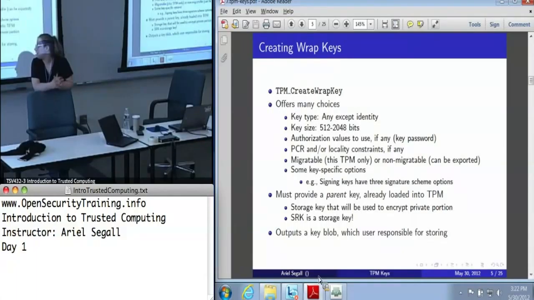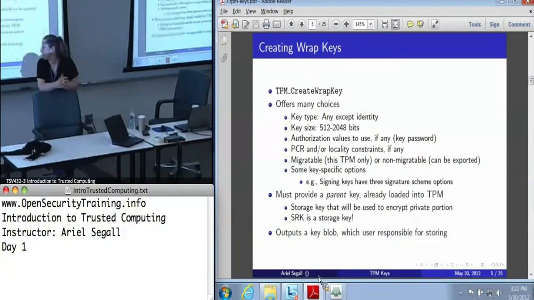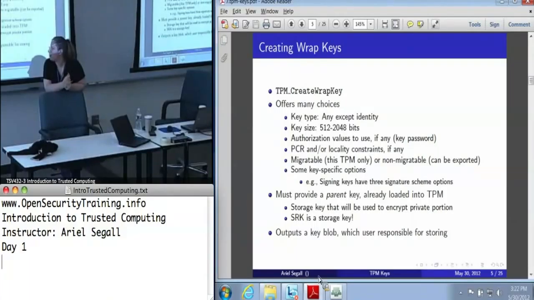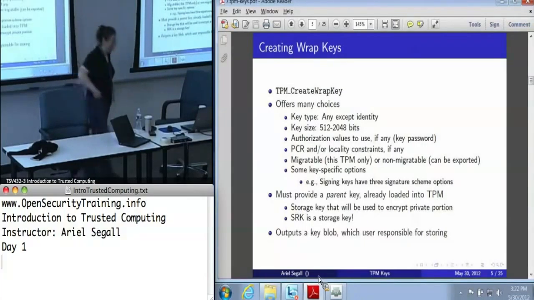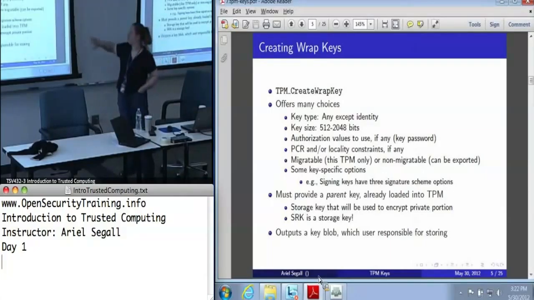Why is it that non-migratable keys are exportable? That is counterintuitive. Here's the thing. They're not exportable. They just live off of the TPM. I wasn't covering that until you asked the question. The question is, why are non-migratable keys exportable? So this key blob is effectively, there's nothing private in it that's not encrypted. I can publish a key blob in the New York Times and be completely confident that that's fine because only my TPM can load it again. I mean, not brute force attacks, but